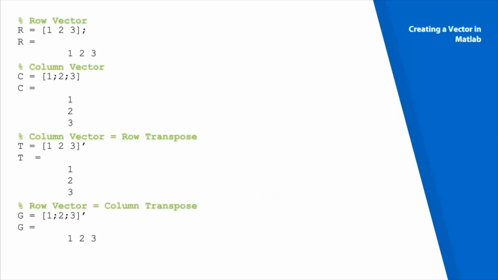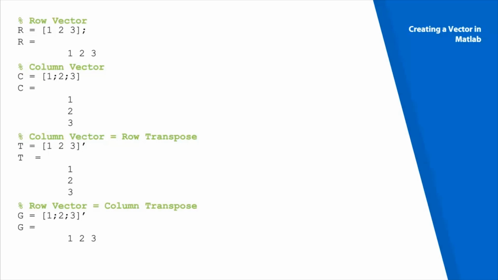Creating a vector in MATLAB. A vector can be one of two things. Either it can be a row vector or it can be a column vector. A row vector means it has only one row and a column vector means it has only one column. To create a row vector in MATLAB, we simply type the elements inside a pair of square brackets, separating the elements with either space or a comma. The choice between a space or comma is a matter of personal preference, although the chance of errors is less if we use a comma to separate the elements of a row vector.